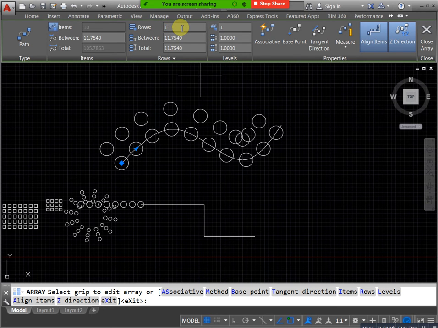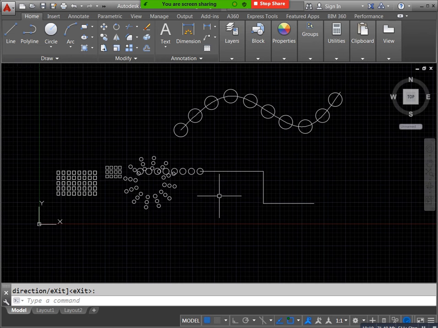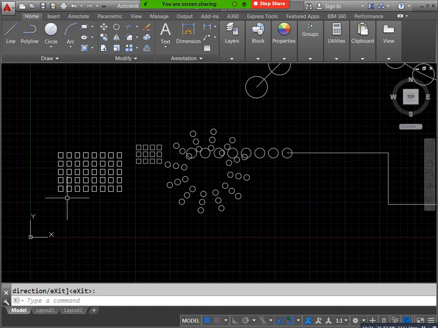Mostly we are using rectangular in some situations, not polar also. Most of the situations we can use rectangular only. Next,